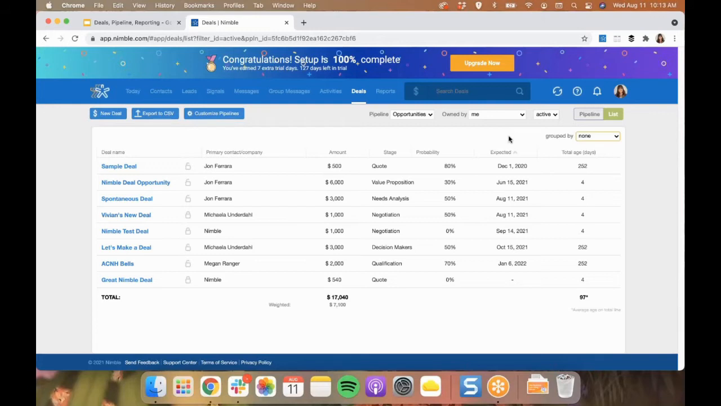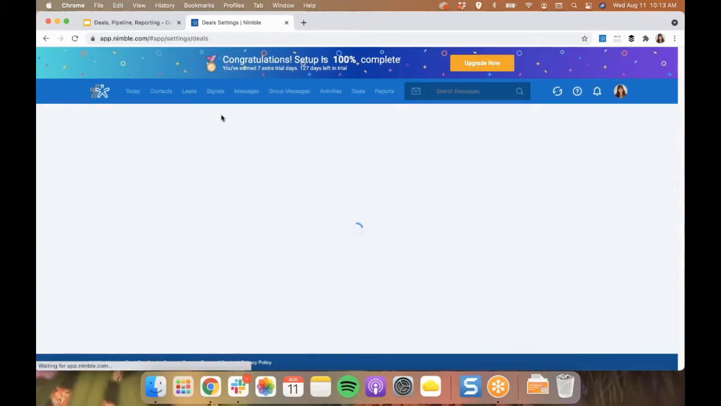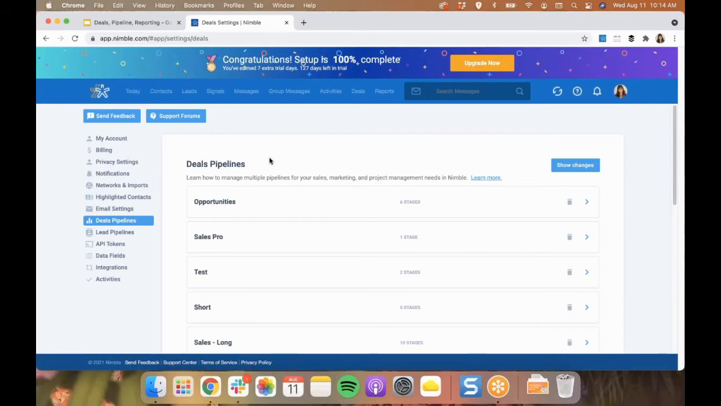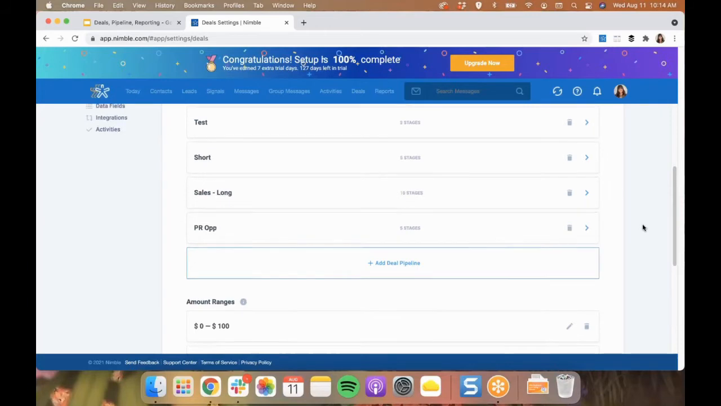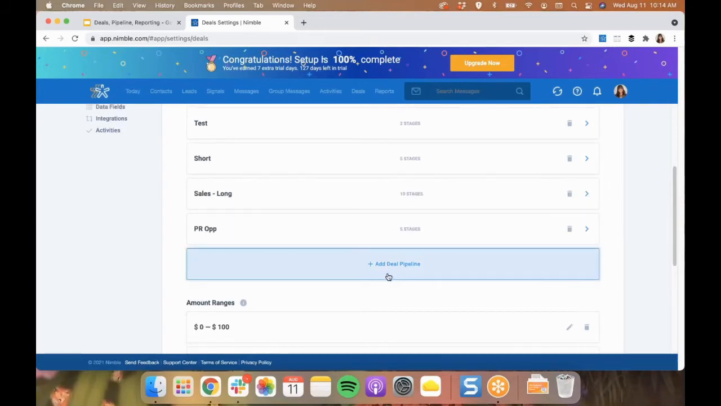To create or customize your pipeline, go to Customize Pipeline. And then if that button is grayed out, it means that you're not the account admin or the account admin did not give you the permission to do so. So we suggest that you reach out to them and ask for their permission. And then going back to creating a deal pipeline, just click on Add Deal Pipeline, and then you can name